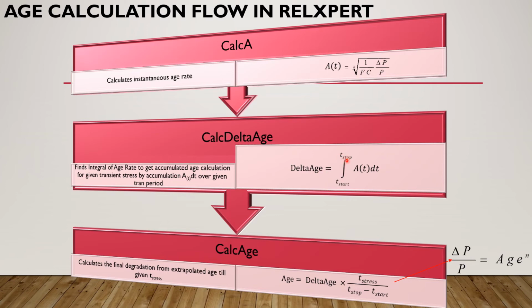Note that this T stop is not equal to T stress, which is coming here. This is just during one simulation step. For example, during the initial transient step, it will be from 0 to the first T step, then from that T step to the next T step. The reason I say the next T step is that in spectral simulation you don't have equal length T steps, you have unequal length T steps. That's why for each T step you will have a T start and T stop. So delta age is going to be something that is incremental.